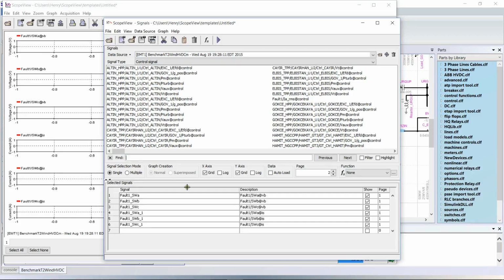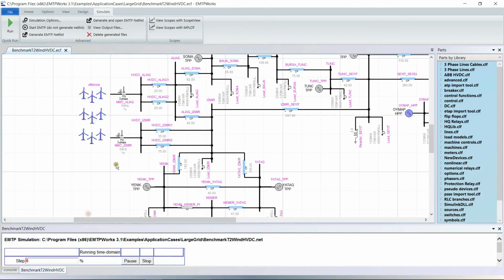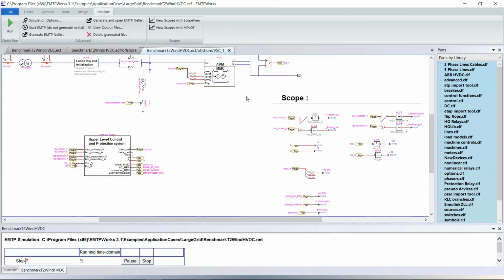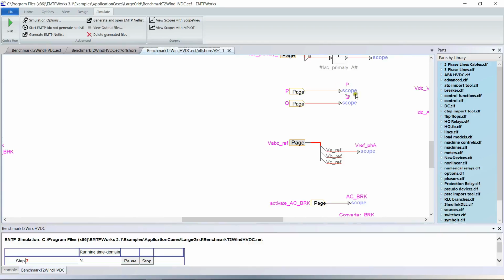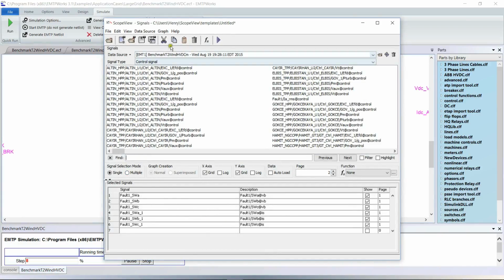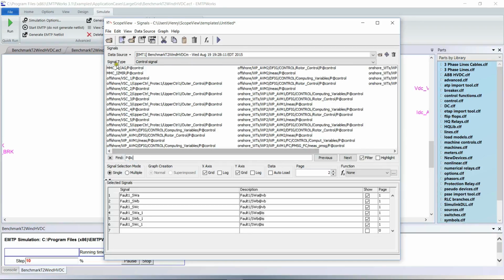Okay, so for that I will use the filter at a different location. For example, in the HVDC, we have some power scope like that. So I can use the filter of scope view to find them directly. So I use the filter, so I check it here. And so usually the way they are written, it's P at control. So we can see them all here. So that's the power transmitted by the